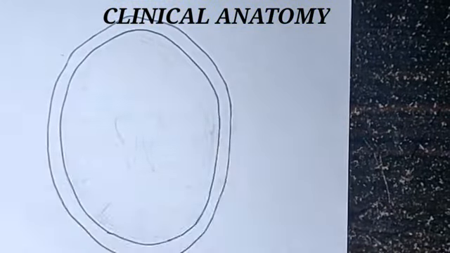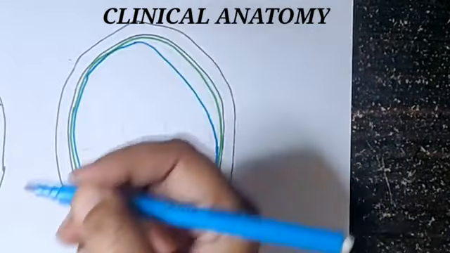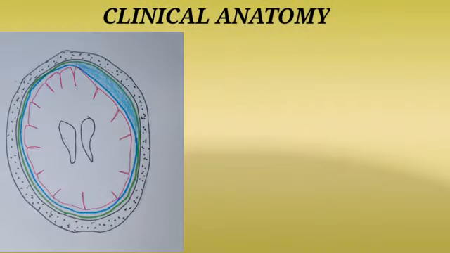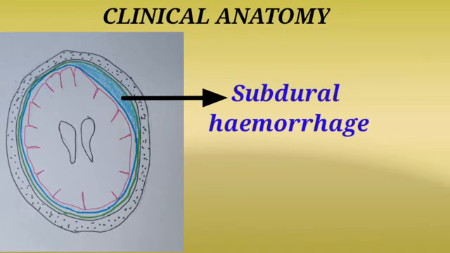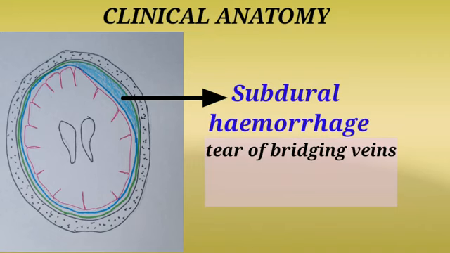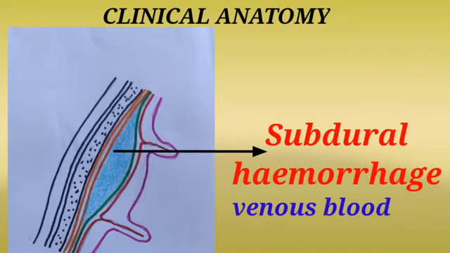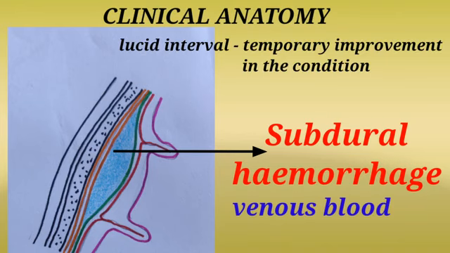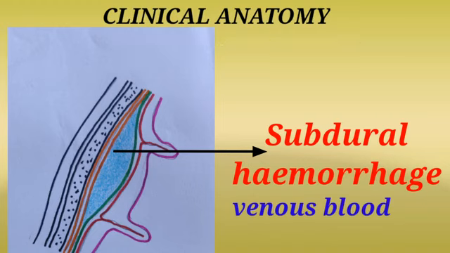Another type of condition called subdural hemorrhage may also occur due to severe head injuries with the same causative events as that of the extradural hemorrhage. The accompanying skull fracture will cause tearing of the bridging veins crossing the arachnoid mater. Hence, blood gets accumulated between the dura mater and the arachnoid mater, that is in the subdural space, and such a condition is called subdural hemorrhage. The source of blood is mostly venous in nature in this condition. The patient will manifest with loss of consciousness mostly. 50% of patients may go into coma and even death may supervene. The other manifestations will be the same as those of the extradural hemorrhage.